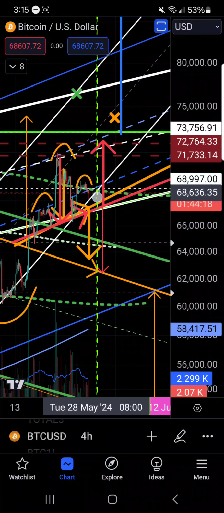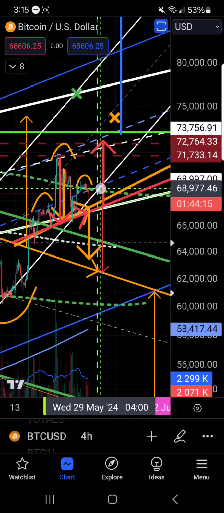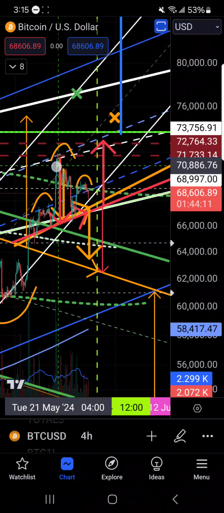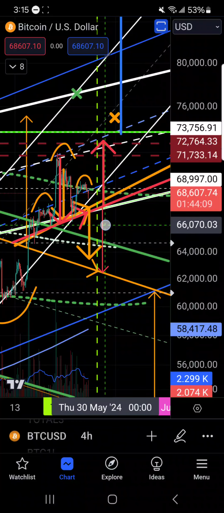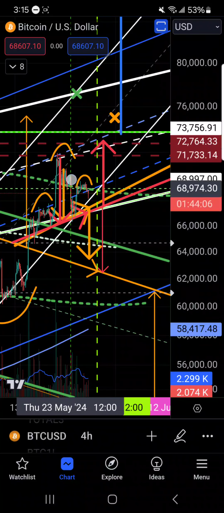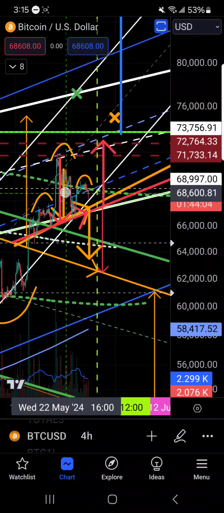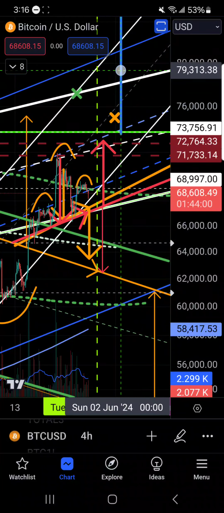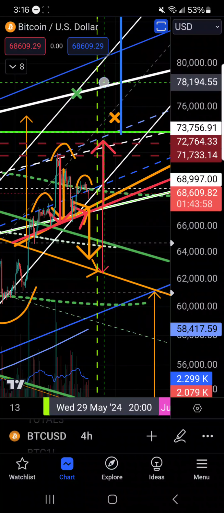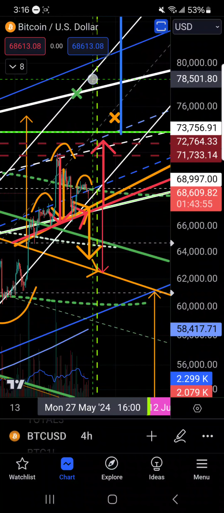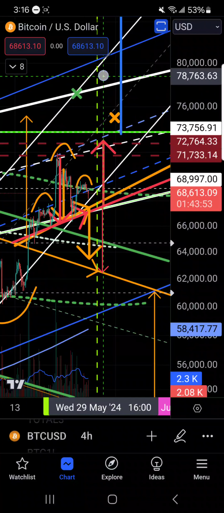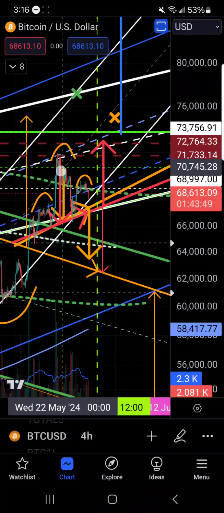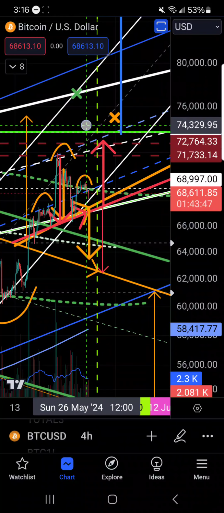So this is a failed attempt out of the Gaussian channel. And we got also rejected off the center line of this blue channel here. So we did not have the momentum. Now, I had predicted that we would go up here. I saw a potential for us to travel up here and laid it out very specifically in my triangle-induced dream video. And that didn't occur. We didn't have the momentum to make that play out.